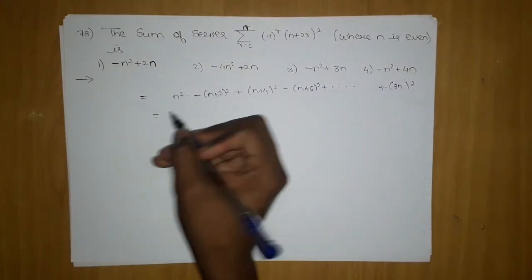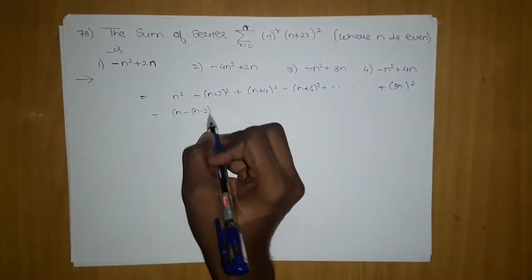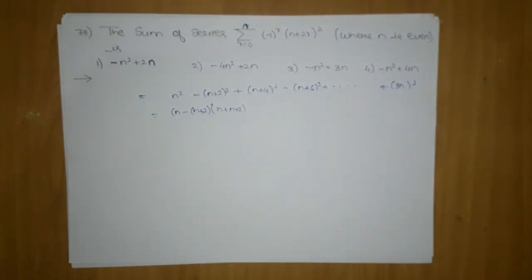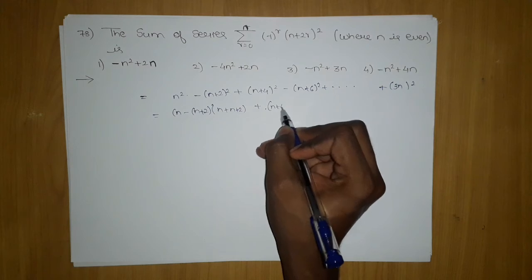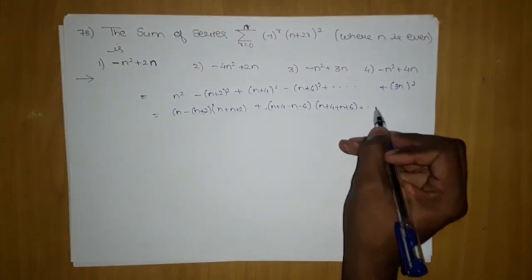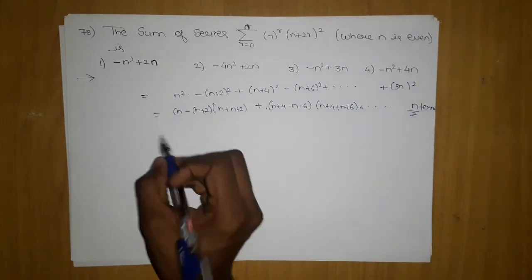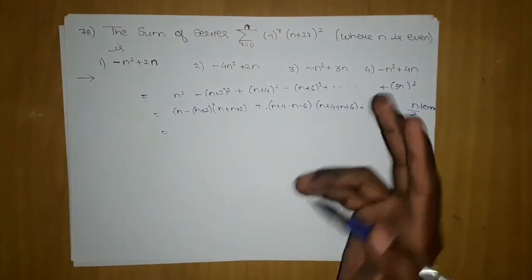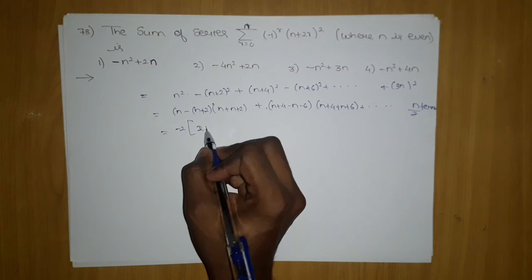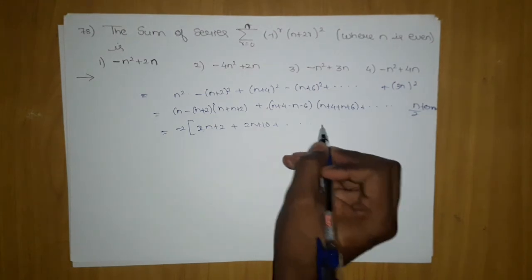Okay, now here you can observe the a plus b into a minus b format: (n minus n minus 2) into (n plus n plus 2), a square minus b square format. If I do this here also, (n plus 4 minus n minus 6) into (n plus 4 plus n plus 6), and it will go on. The n terms will reduce to n by 2 terms. That is very simple. After this, all the terms which are different will give me minus 2. Here the difference will give me minus 2, so I will take the minus 2 outside, giving me 2n plus 2. This will give me 2n plus 10, and so on till n by 2 terms.